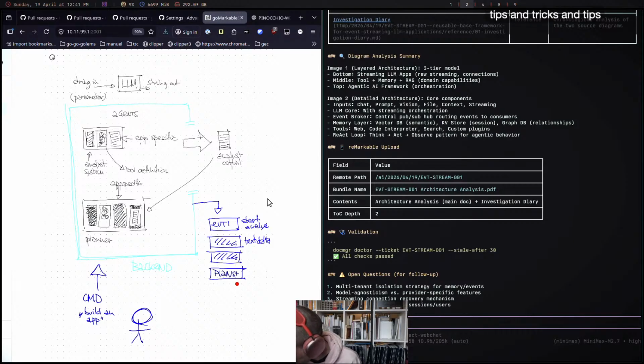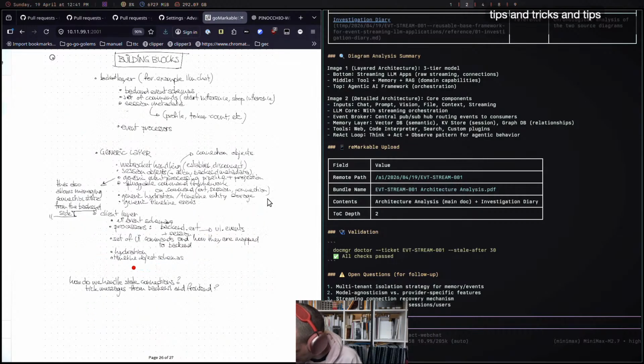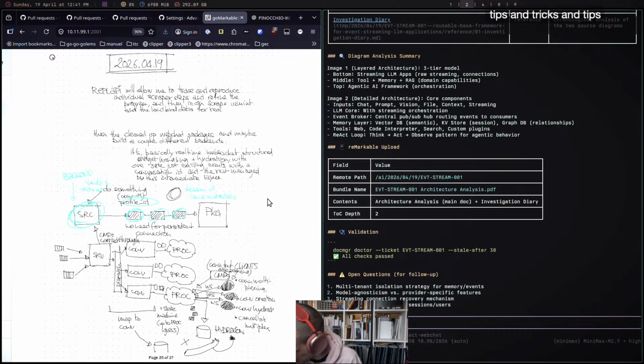And so all of these events are application specific, right? In your UI, you will have certain widgets to represent the analyst steps, and then maybe another widget to represent the planner stream. So those are these events, right? That's everything the backend, your agent orchestrator, is going to send to the user to be displayed.